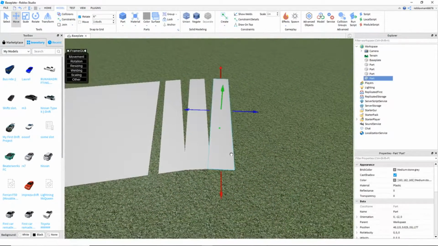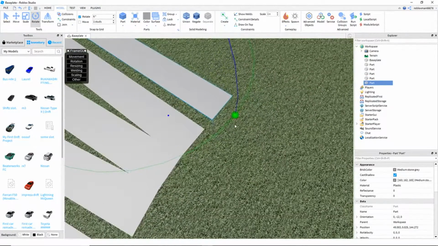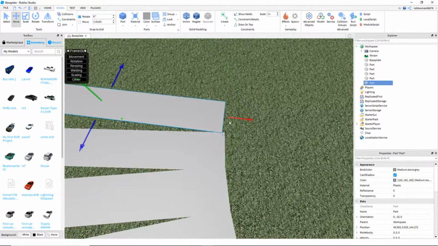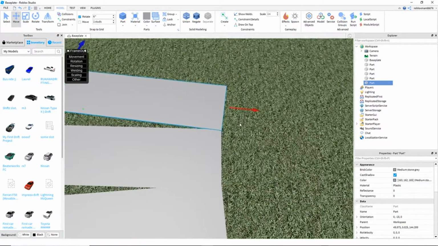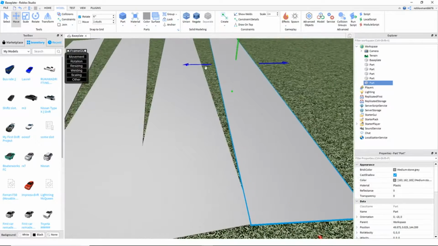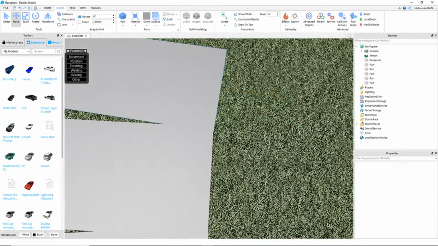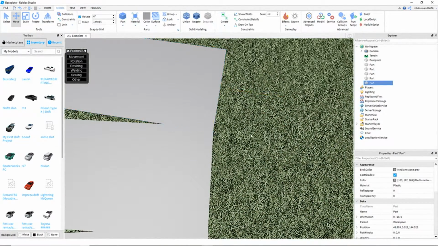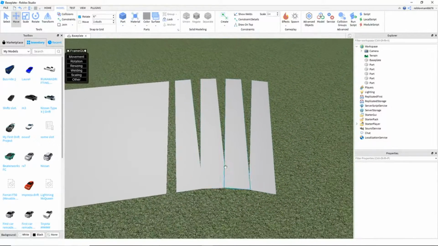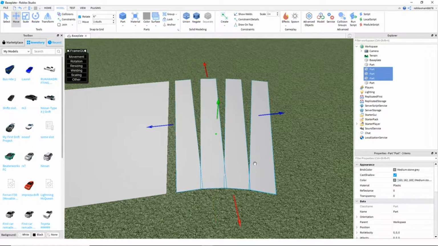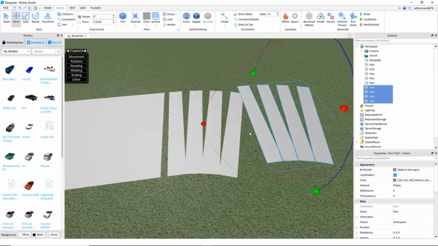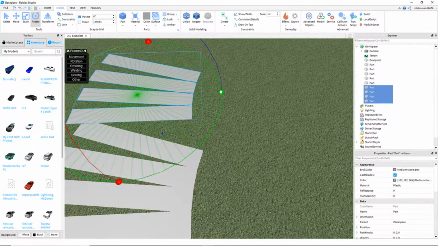Like that. And you're just gonna keep doing this until you get your nice curve. And once you get a couple, what is really cool about this method is you can hold control and just click on all of them. Do control D, and you can make a bunch more of them like this,